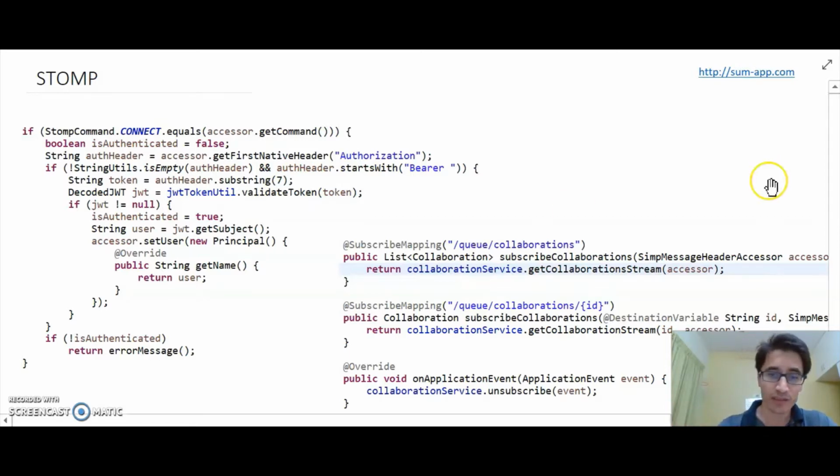So in this case, I have two subscription calls where I have a user listening to all the collaborations which he's authorized on, and the second one updates on a collaboration with a given ID, and the last part is then handling the unsubscription when the user moves away from the user interface.